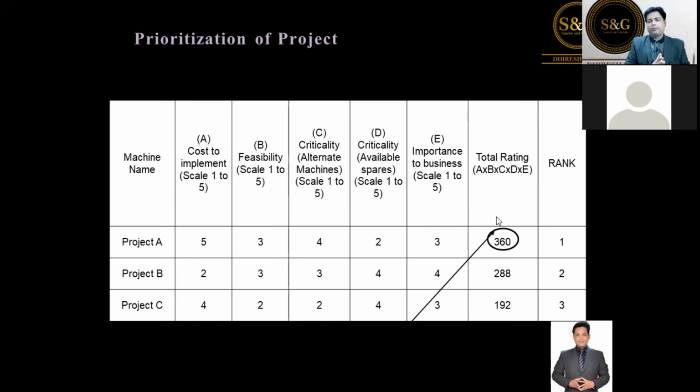Okay, so this is how internally we can select the project. Externally, we can select the project, then prioritize those projects, and then start our journey of Six Sigma implementation, Lean Six Sigma implementation. Generally, green belt level projects, guys, take around 3 to 4 months, because green belts are not full timers. Generally, black belts are full-time employees. They only do projects and take care of complex projects in hand. Green belts handle moderately complex projects.